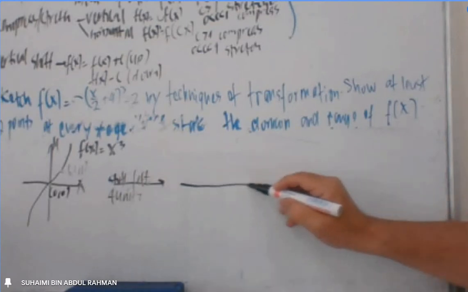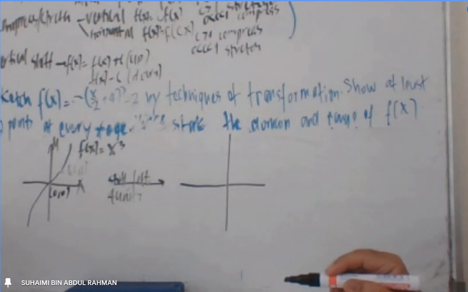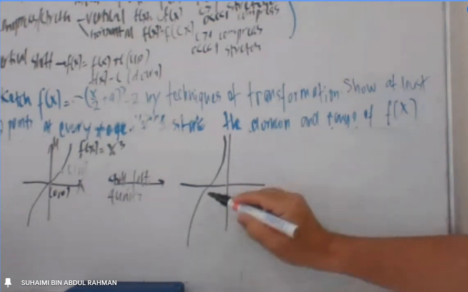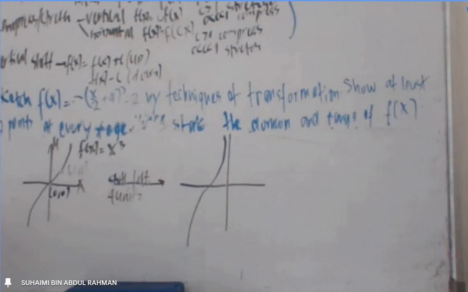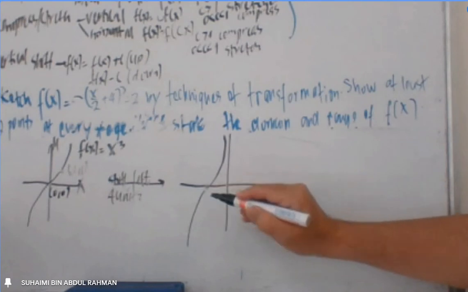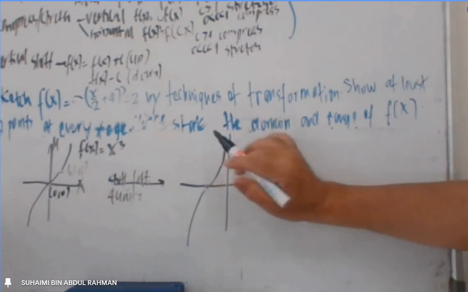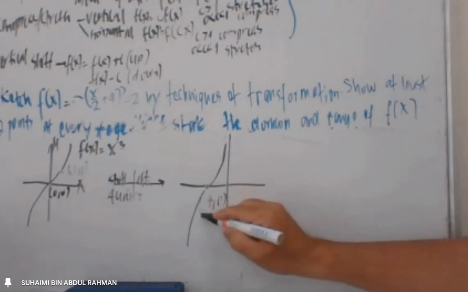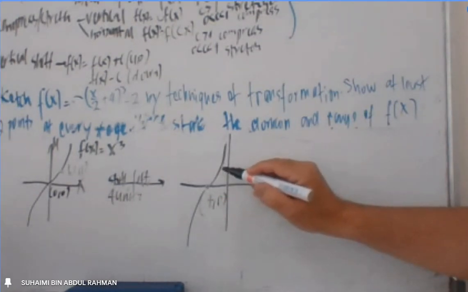So the graph will shift to the left 4 units. Therefore, point 0, 0 will go to which point? Negative 4, 0. And point 1, 1 will go to the point